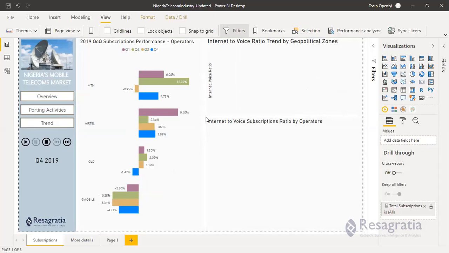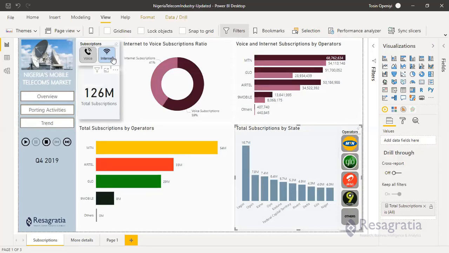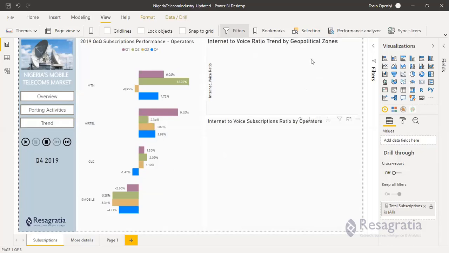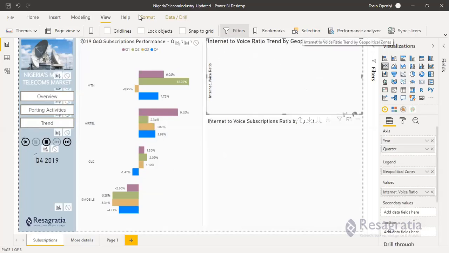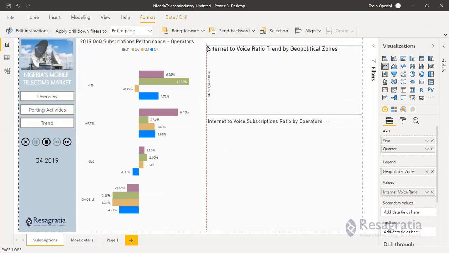Based on the trend level, it can definitely be more than this. So I need to do something. I think that default filter is influencing this visual. So I need to just say it should not filter these two. To do that, let me go back to this place, the default filter selecting that trend data. I want to say format, edit interaction.